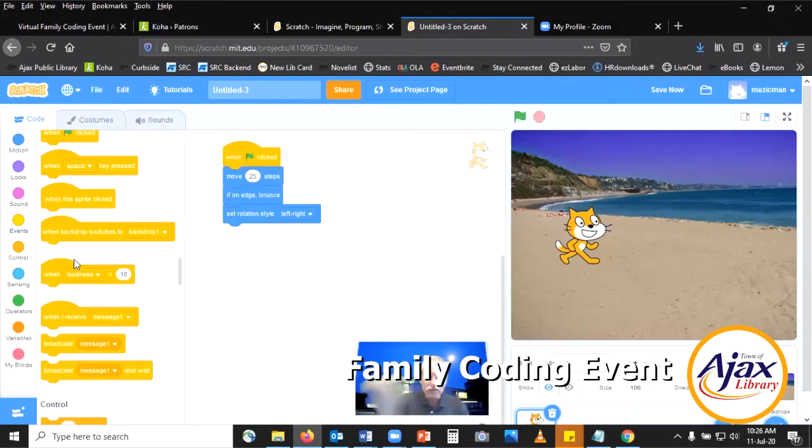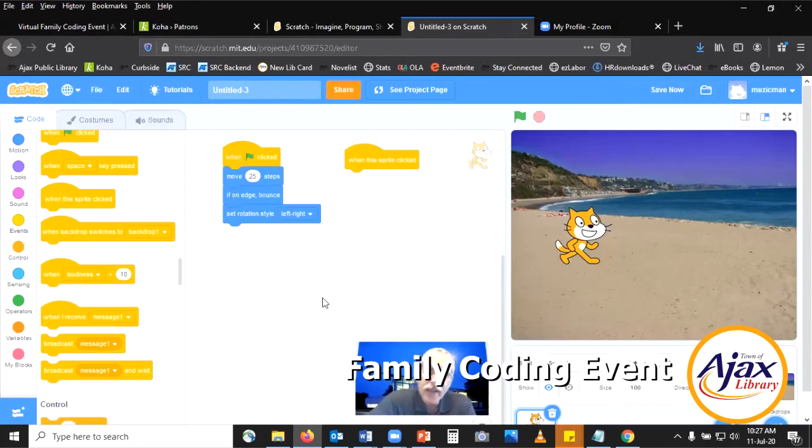But we really don't have to program. We just have to drag blocks. So when the sprite is clicked, and there it is right there, when the sprite is clicked. So I'm going to drag this, but you'll notice that I can't put it there. It doesn't fit there because it's a round. It's because it doesn't need to be part of that. It can go by itself because it happens throughout the whole animation. Whenever you click on the sprite, it's gonna meow. Okay, so we've got that part, but we also have to, when the sprite is clicked, we drag that over,